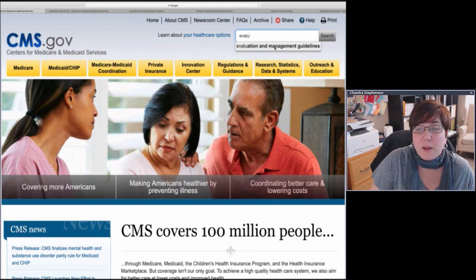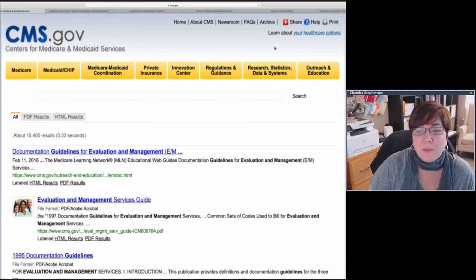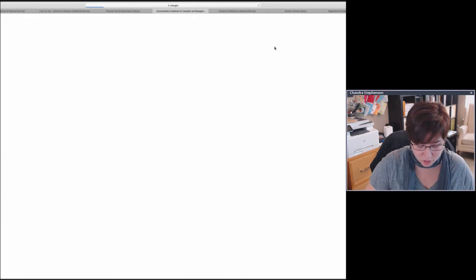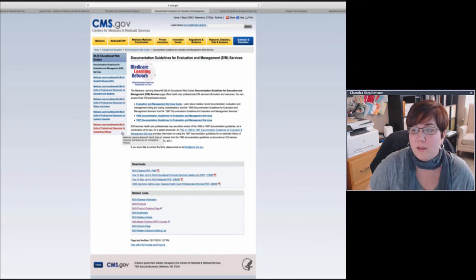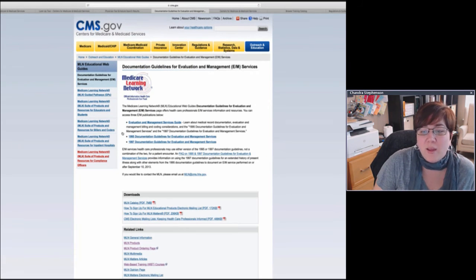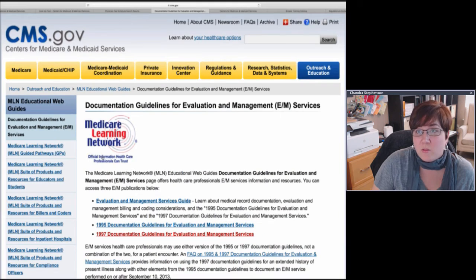It immediately pops up. Oh, do you want the E&M guidelines? Is that what you're looking for? So if you click on that, it takes you here, to the guidelines. But the nice thing about this is it gives you not only the 95 and the 97 documentation guidelines, right, that we use for pretty much every payer, but it gives you this nice evaluation and management services guide that includes the 95 and 97 guidelines and tells you how Medicare views